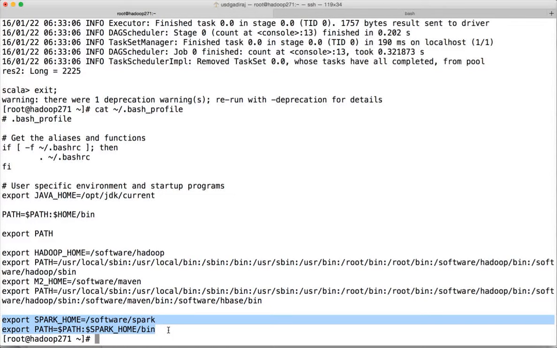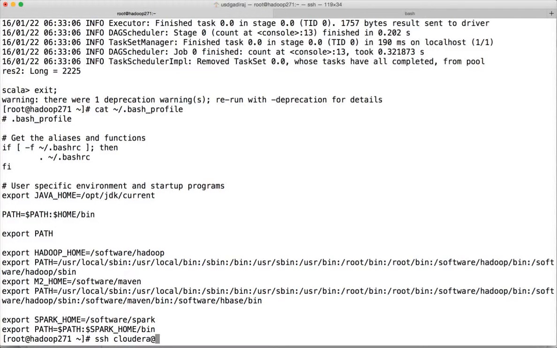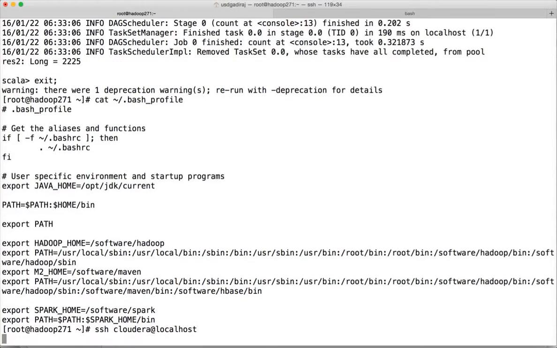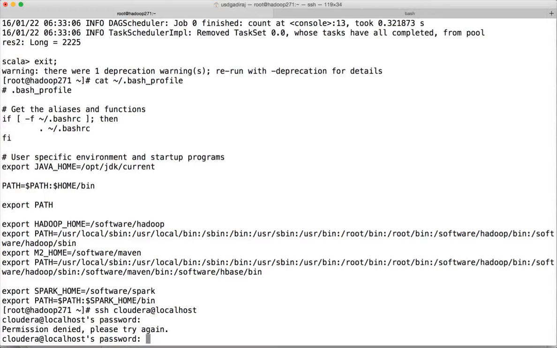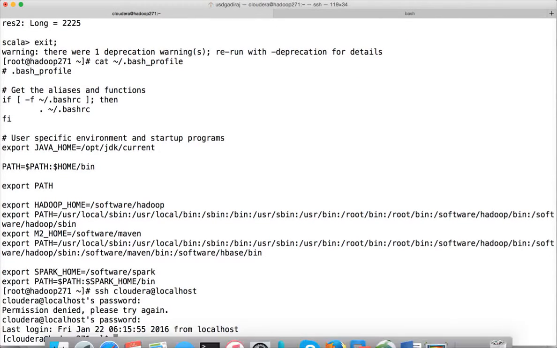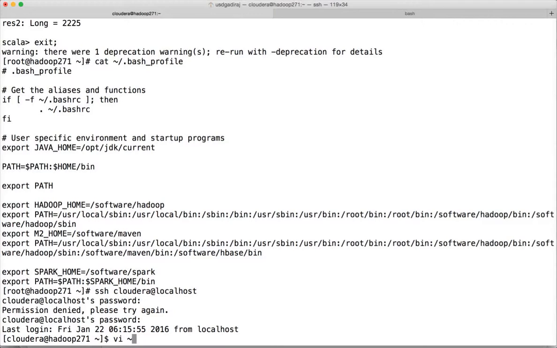in all the users' bash profiles. So in this case, if you want to access Spark from users like Cloudera or any other user which we will have on this VM, you have to copy these two lines into the bash profile of the respective user. So I am saying ssh cloudera@localhost, which I have created earlier. Hit enter, and the password is cloudera. I typed an incorrect password. Now I have logged in as Cloudera, and I can say vi .bash_profile,